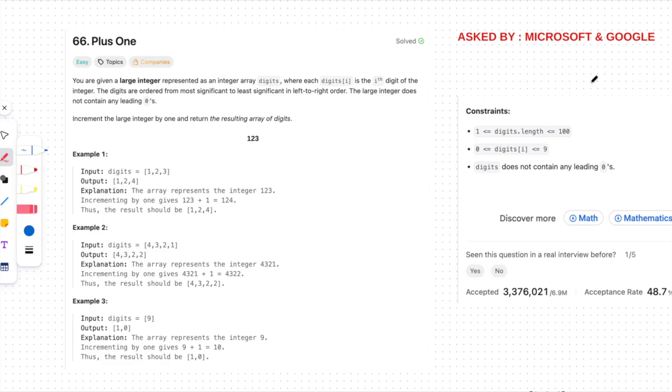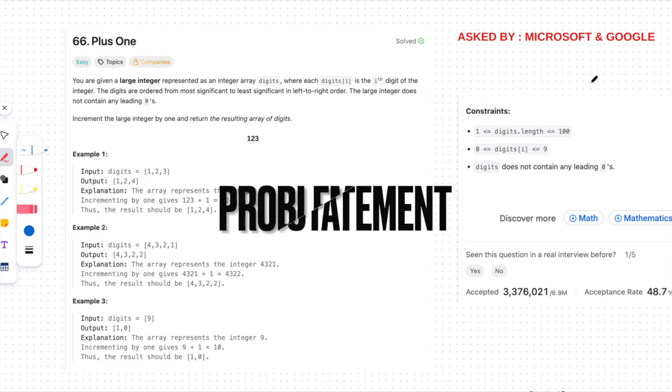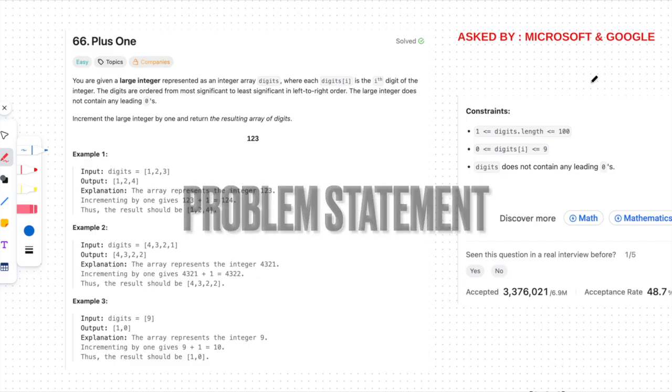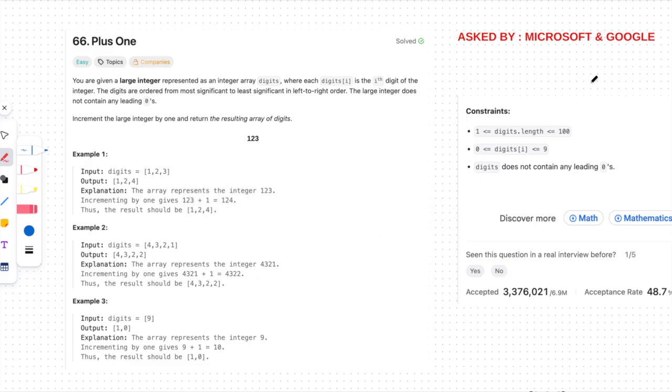So the problem states that we have an array called digits, which is an array of integers, and each digit represents a number from left to right. If you see here, it's a number from left to right, which is 1 2 3, so it will be 123. Now our task here is to add one to this. If we do a plus one to this, then what is going to happen, it will return